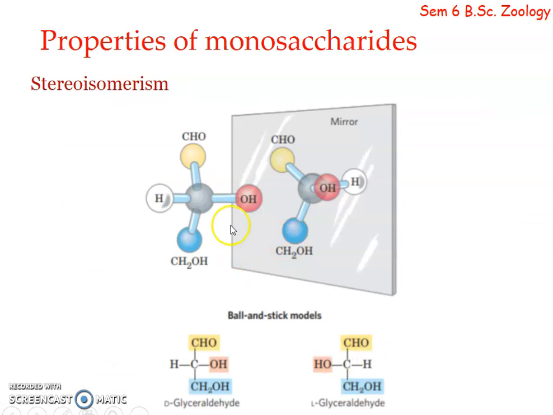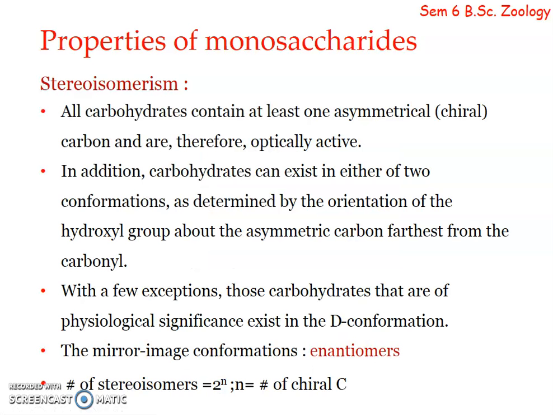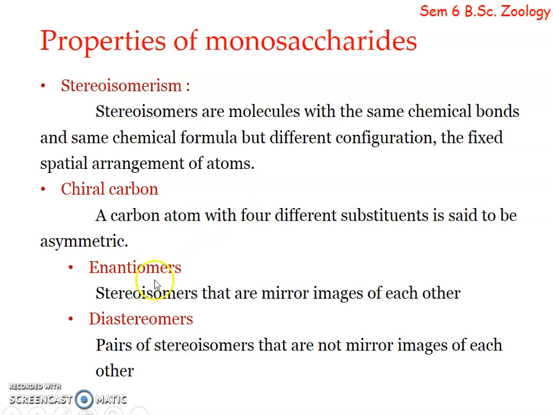This is the case of glyceraldehyde, where this is the only asymmetric carbon. So in the case of monosaccharides with only one asymmetric carbon, stereoisomerism is possible, or what we call enantiomers. But it needn't always be the same. When stereoisomers are not mirror images of each other, we call that a diastereomer, and diastereomers arise whenever there are more than one